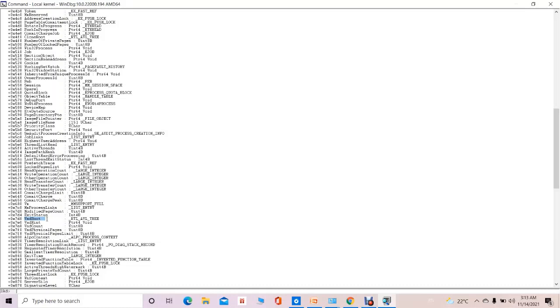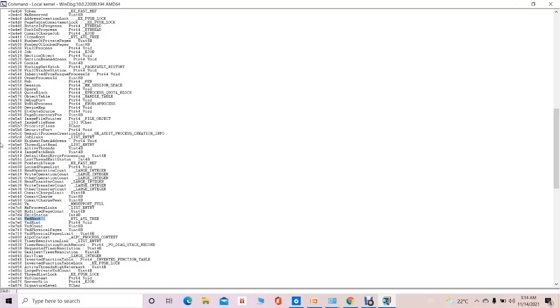So we can parse the entire tree structure beginning from the VAD root. In the left child or in the right child, it is going to have the virtual address of the next VAD node. Each VAD node maintains the range of addresses for that particular VAD. From that we can get the physical location of the particular file which is mapped into the main memory. So that is possible. That is the forensic importance of some of these fields.